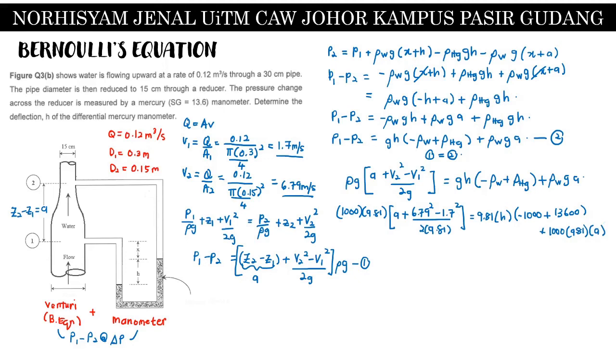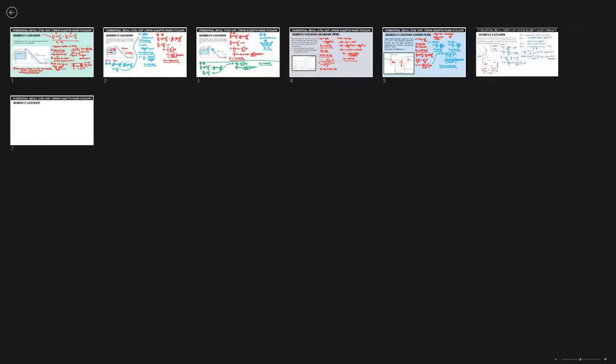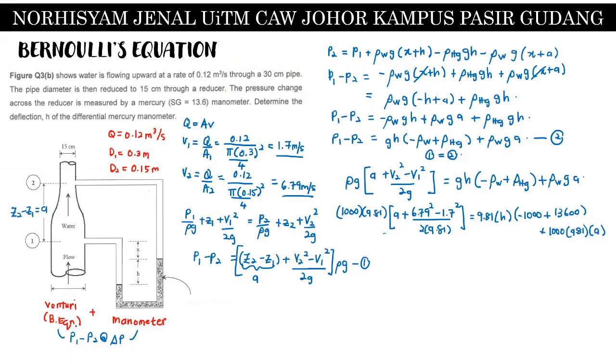Okay, so we will do some calculation here. So we will have here, okay, I need to divide this. Oh, sorry. So we have here 9810a plus, we get this number as